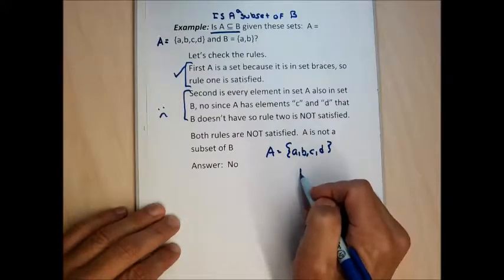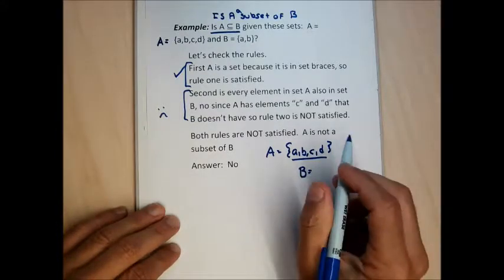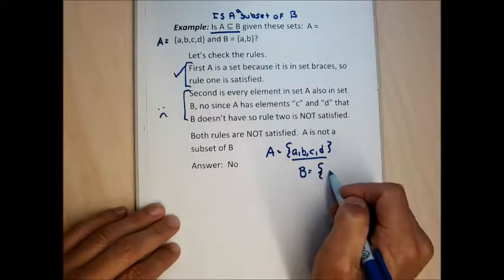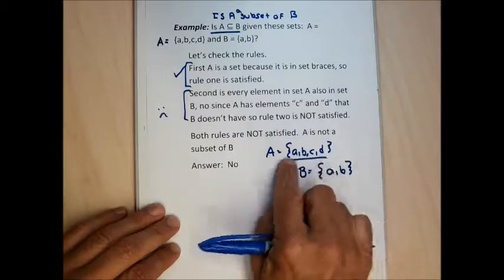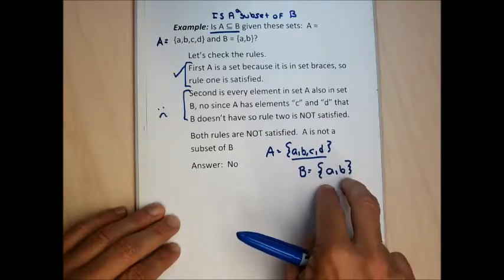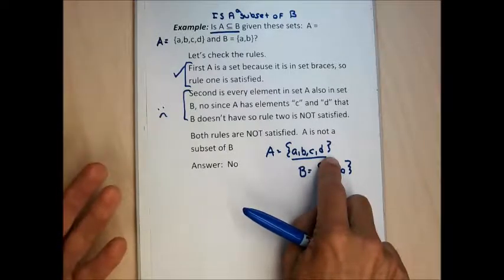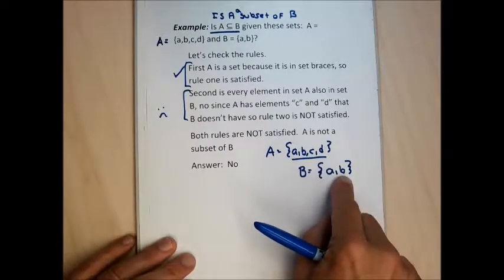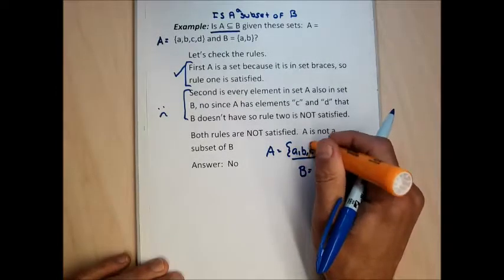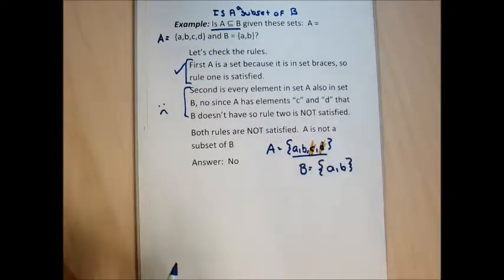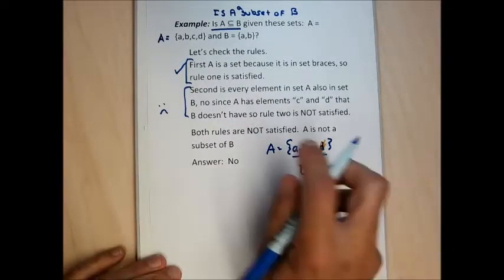for A to be a subset of B, every element in A, or every letter in A, would have to also be in B, but B is missing the C and the D. For A to be a subset of B, somewhere in B you need the letters A, B, C, and D. B could have more than A, B, C, and D, but it at least has to have A, B, C, and D. Because there are two elements, namely the C and the D, that are in A that are not in B,